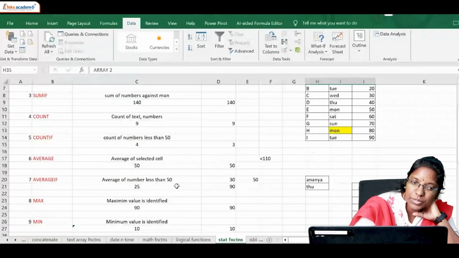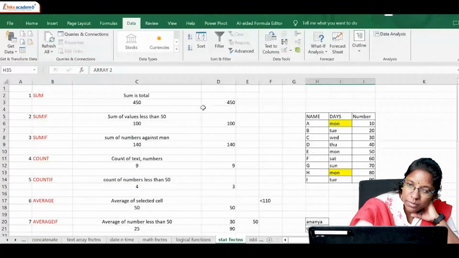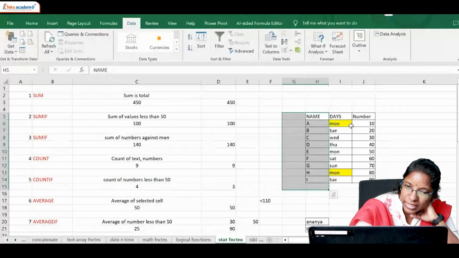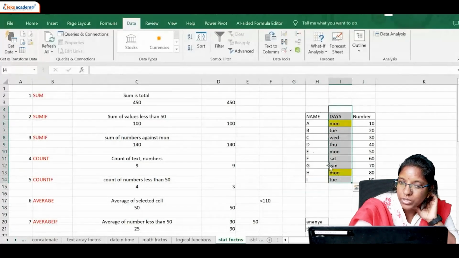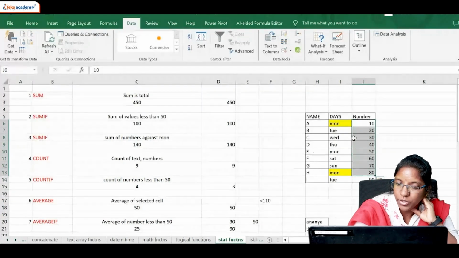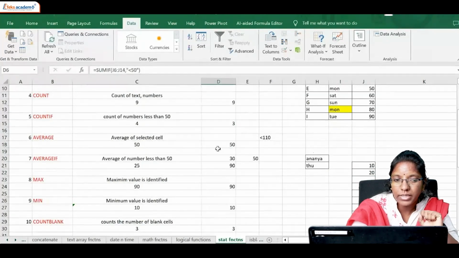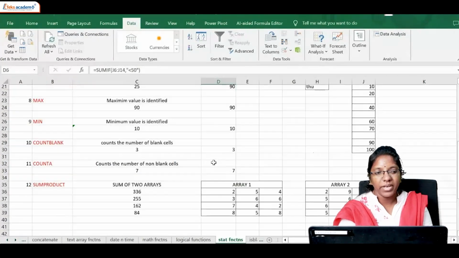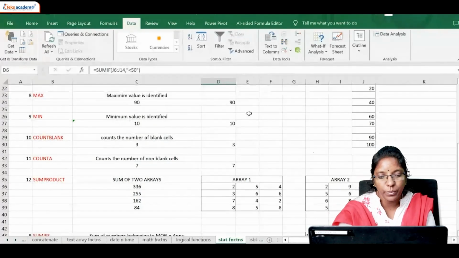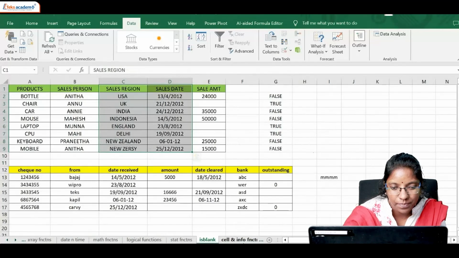Statistical functions. As I told you, SUM, SUMIF, SUMIFS. What happens is that with one single selected data, you can go by a second criterion. You'll be calculating by the number. You'll be selecting A and Monday. Whatever data is repeated, you will be calculating into a number value. It might be a count, it might be an average. So you will be going across. And if it is blank cells,